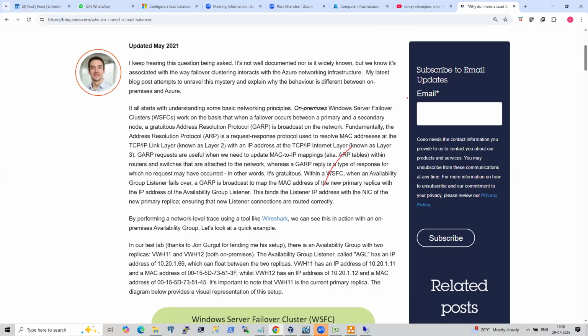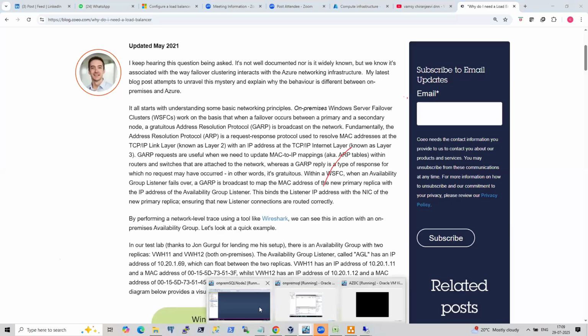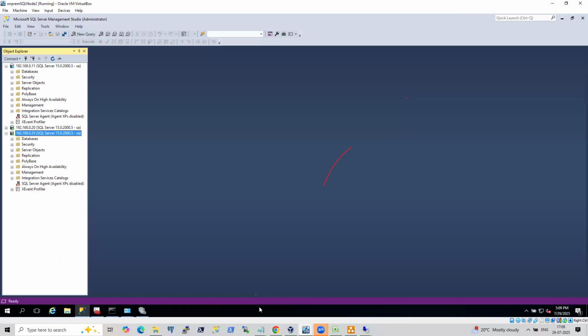And we'll see it later if time permits, like how to understand this internally. At least you got the problem now, right? I'm talking about the problem, not about the solution. Are you getting this problem on-premises? Yes or no? No, you are not getting this problem on-premises, but you will get this problem on Azure